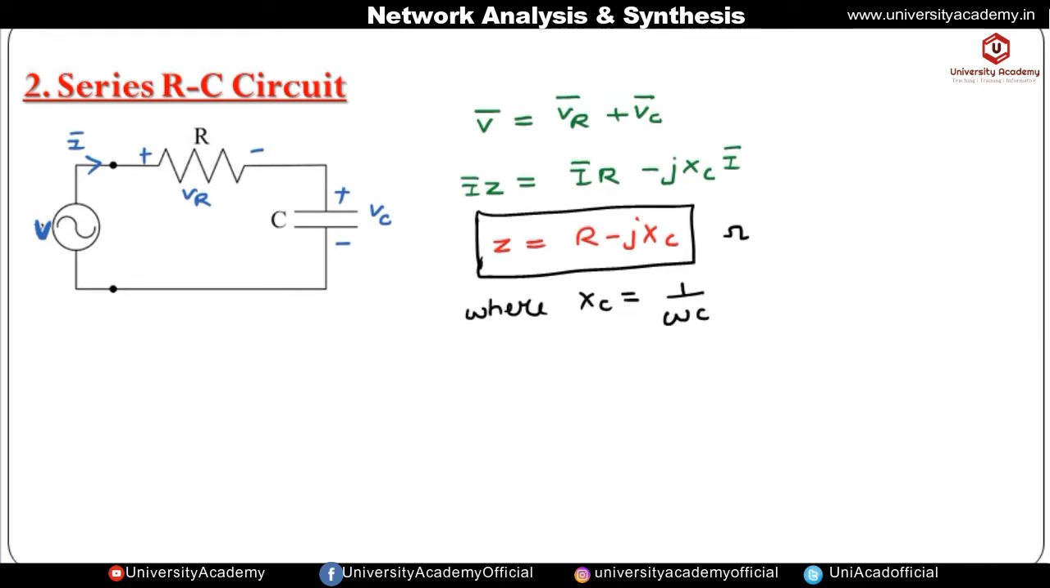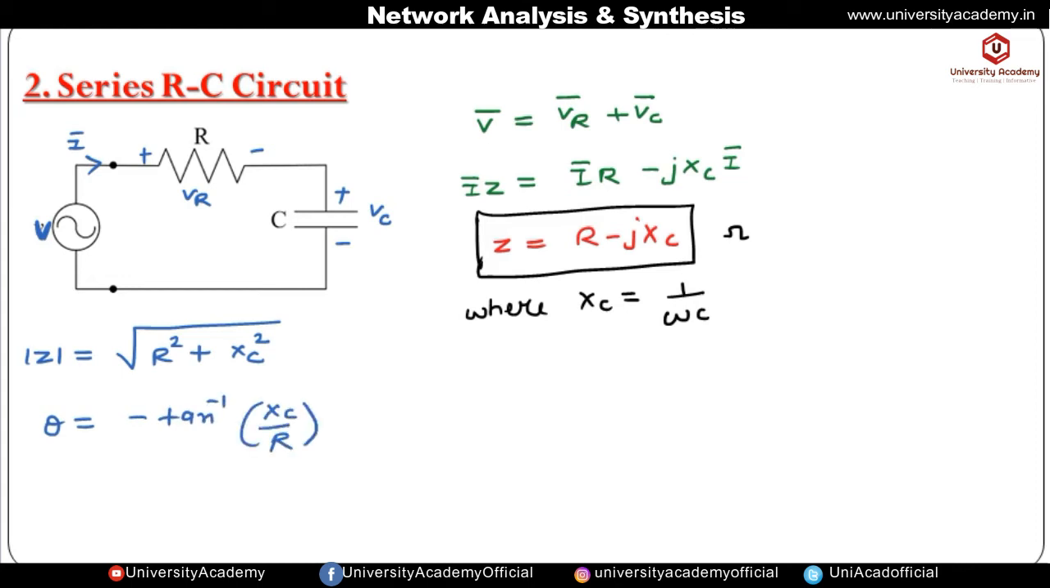Okay, so if we calculate the magnitude, then the magnitude of Z is given by square root of R square plus Xc square. And if we calculate theta, then we get minus tan inverse of Xc by R. Okay, so